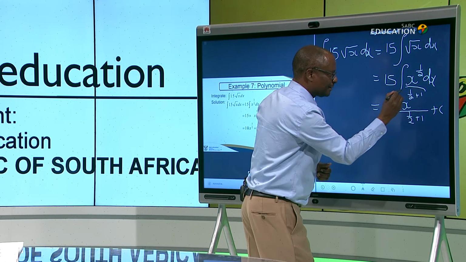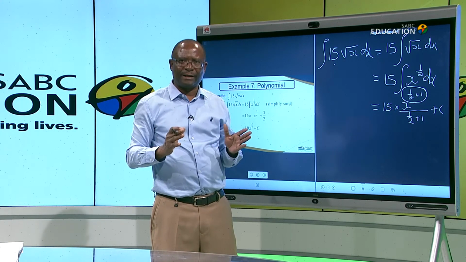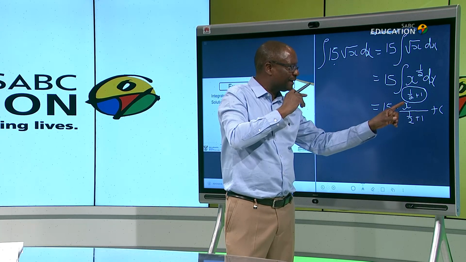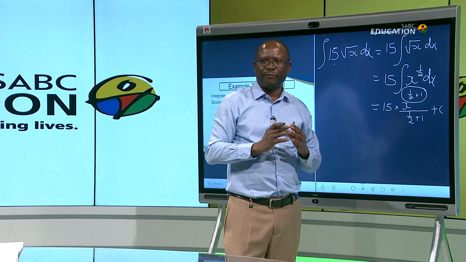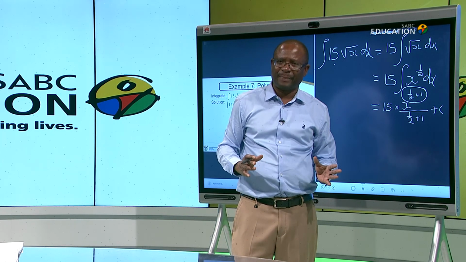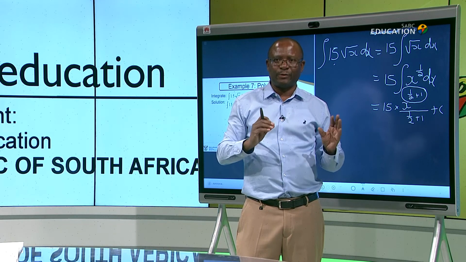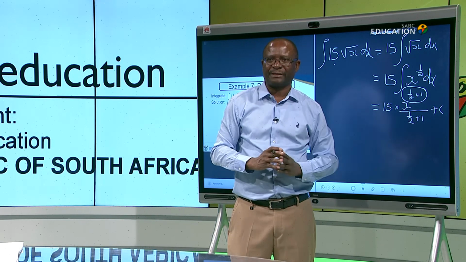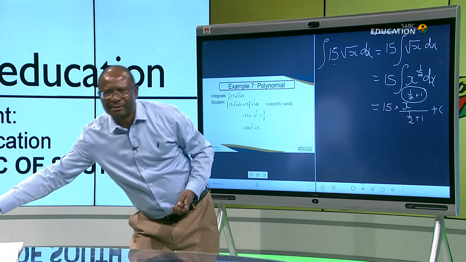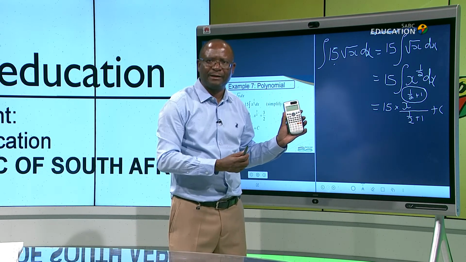Again here, this is where learners, yourself as a learner, also make mistakes of being unable to add simple fractions. Yes, I understand. But if you know that you are struggling with addition of fractions, then don't be scared to use your gadget, your calculator. You can use your calculator, and